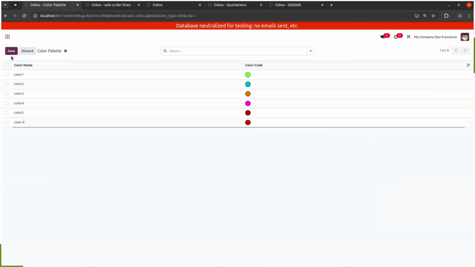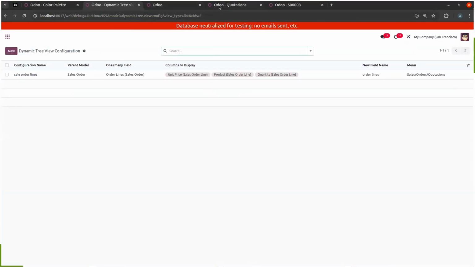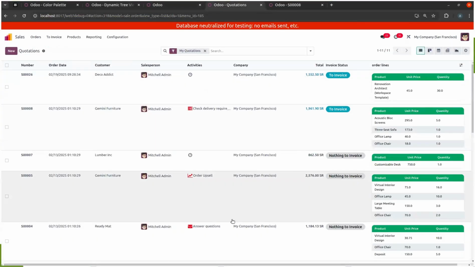And that's it. With this dynamic approach, you can effortlessly tailor your one-to-many tree views in Odoo without any manual